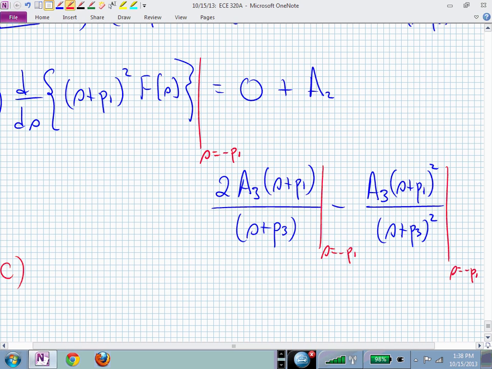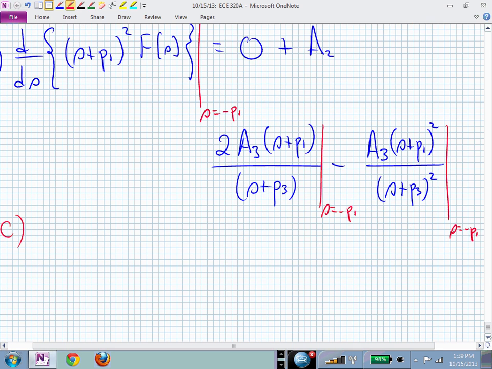What's that do for me here on these two right-hand terms? Those s plus p1 factors help me now, don't they? Because when I evaluate those at s equal to minus p1, they vanish. And my denominators are okay, because I have distinct roots. So the only thing I have left then is